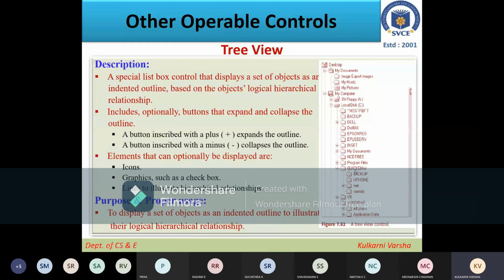So very clearly we can make a difference between one folder and another folder, or one branch and another branch, and it will open. If we want to close it, we can close it. If we click on this minus, it will close it, right? When we close these two, this minus and this minus, we will only be able to see the desktop. So completely it will be closed. The complete tree will be closed. But if you click on that, it will keep opening its branches. So this is what we are using.